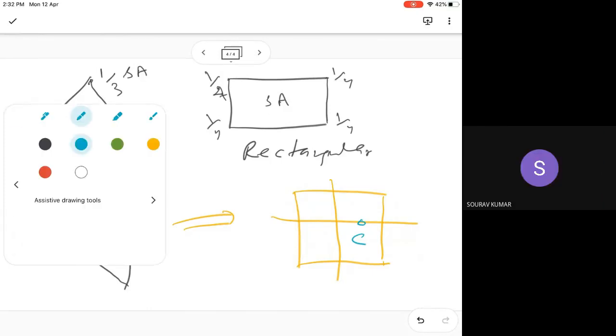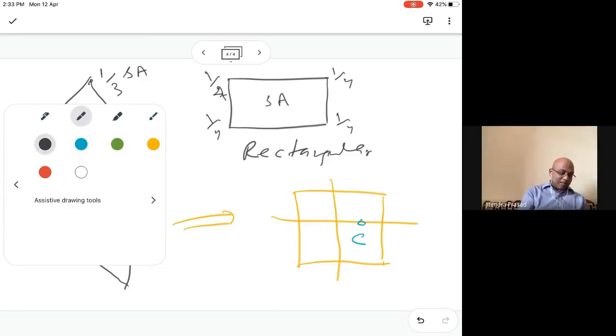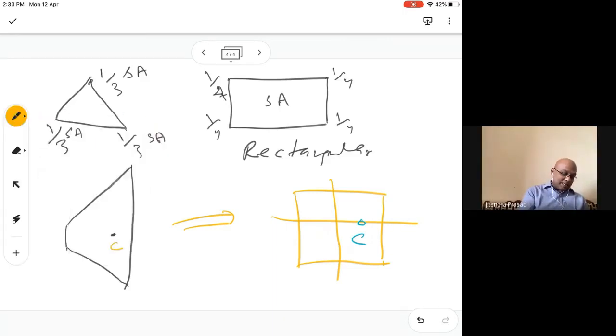Sir, if the centroid of that quadrilateral is the center, and we are only shifting the coordinate system, then why are we not getting the centroid at the center in the xi and eta system? Okay, why you are not getting? This is because our system is like this. If we go from here to here, it's linearly varying like this.